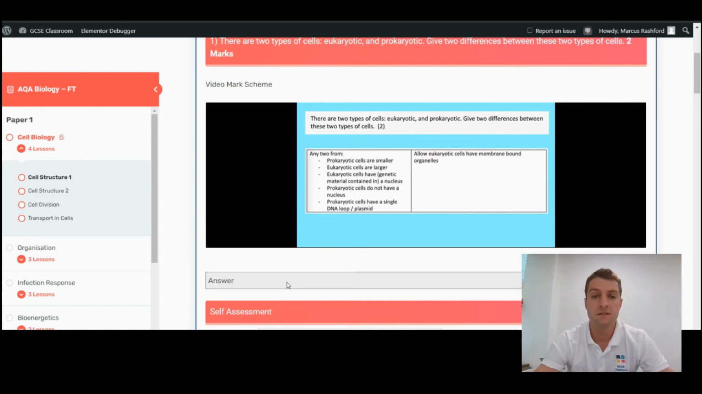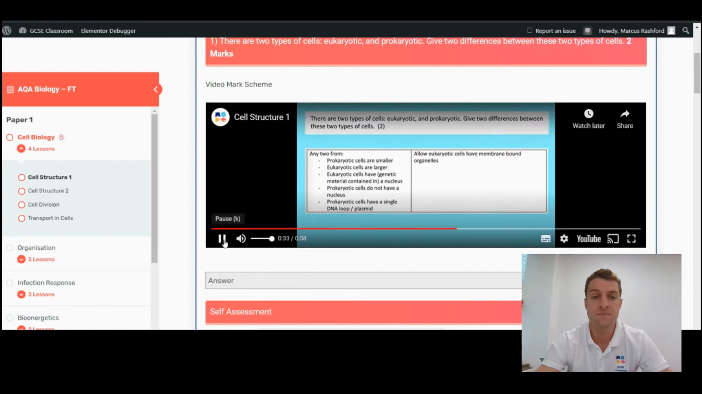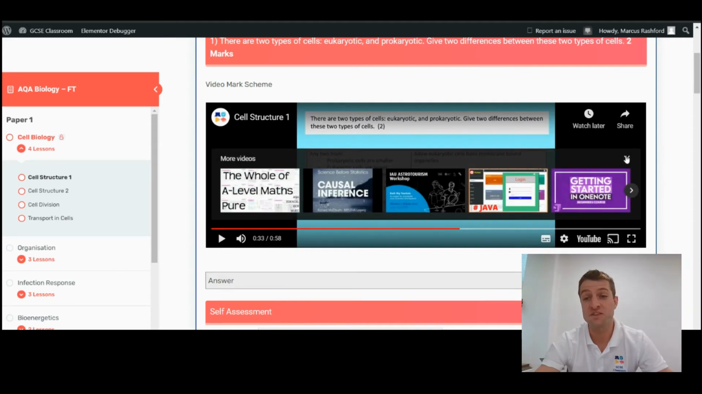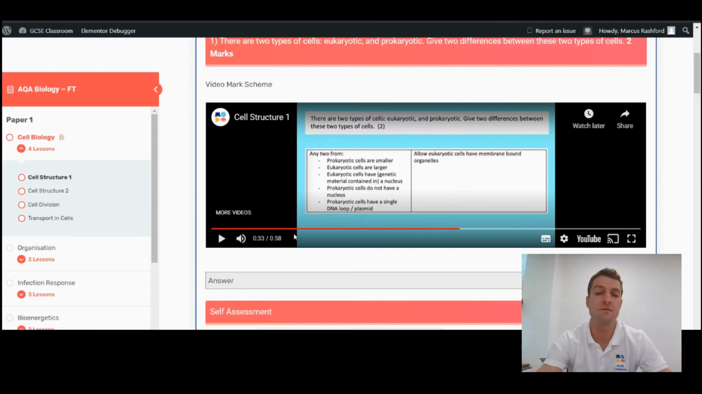The first and the biggest difference between prokaryotic and eukaryotic cells is that eukaryotic cells are far larger than prokaryotic cells. That's because a eukaryotic cell is pretty much any cell that you can find inside yourself and any other animal. So I'm going to pause it there because I just wanted to give you an idea of how that